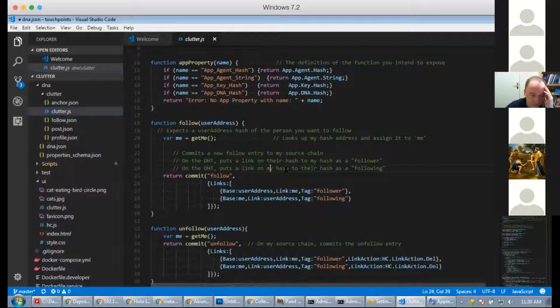So in this case, what we're committing are links. And again, links are a piece of data that hangs off an entry. You can think of an entry as a record if you want to relate it to old database schema technology. So an entry is a record, and links are kind of things that hang off that record. In other words, they would be referenced records in that world, right?